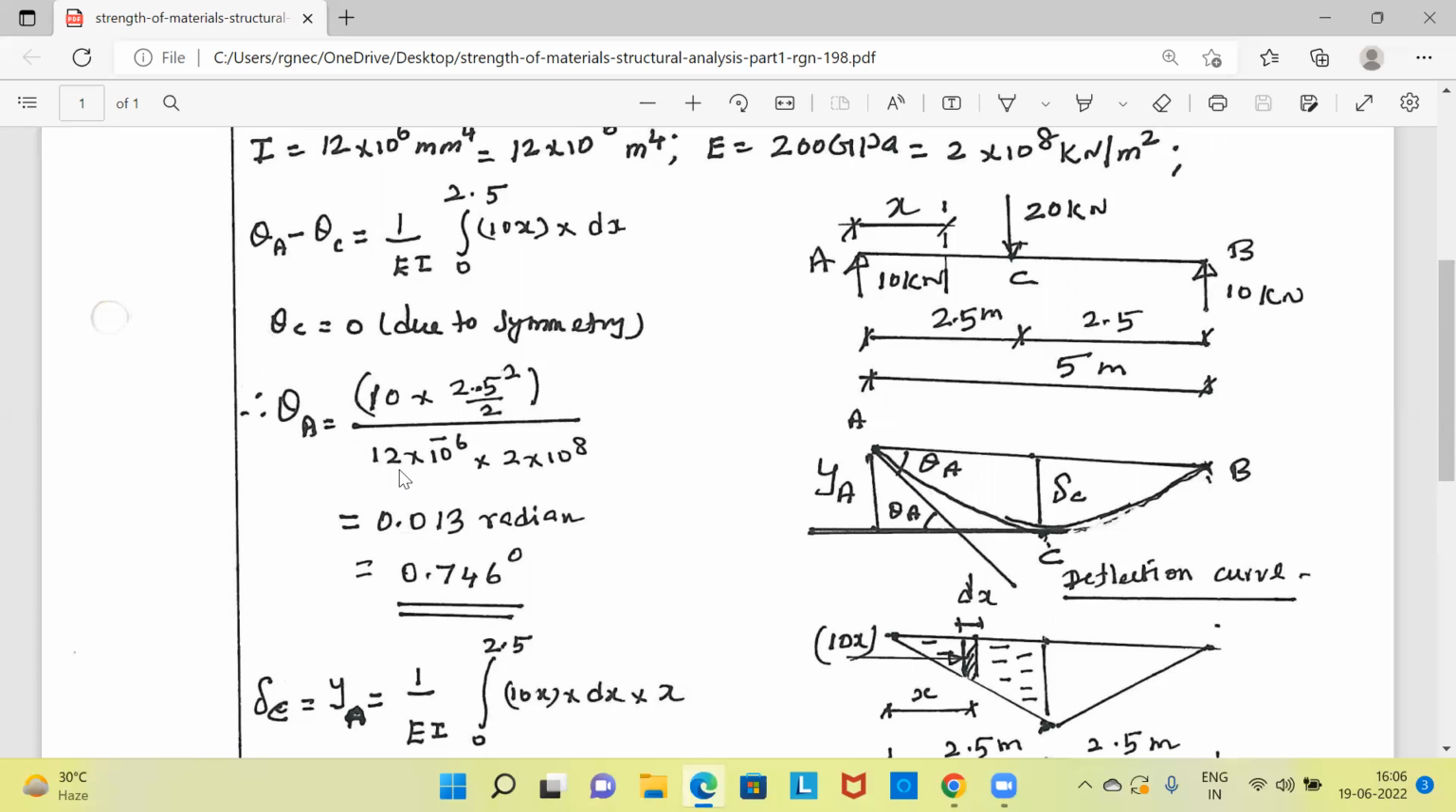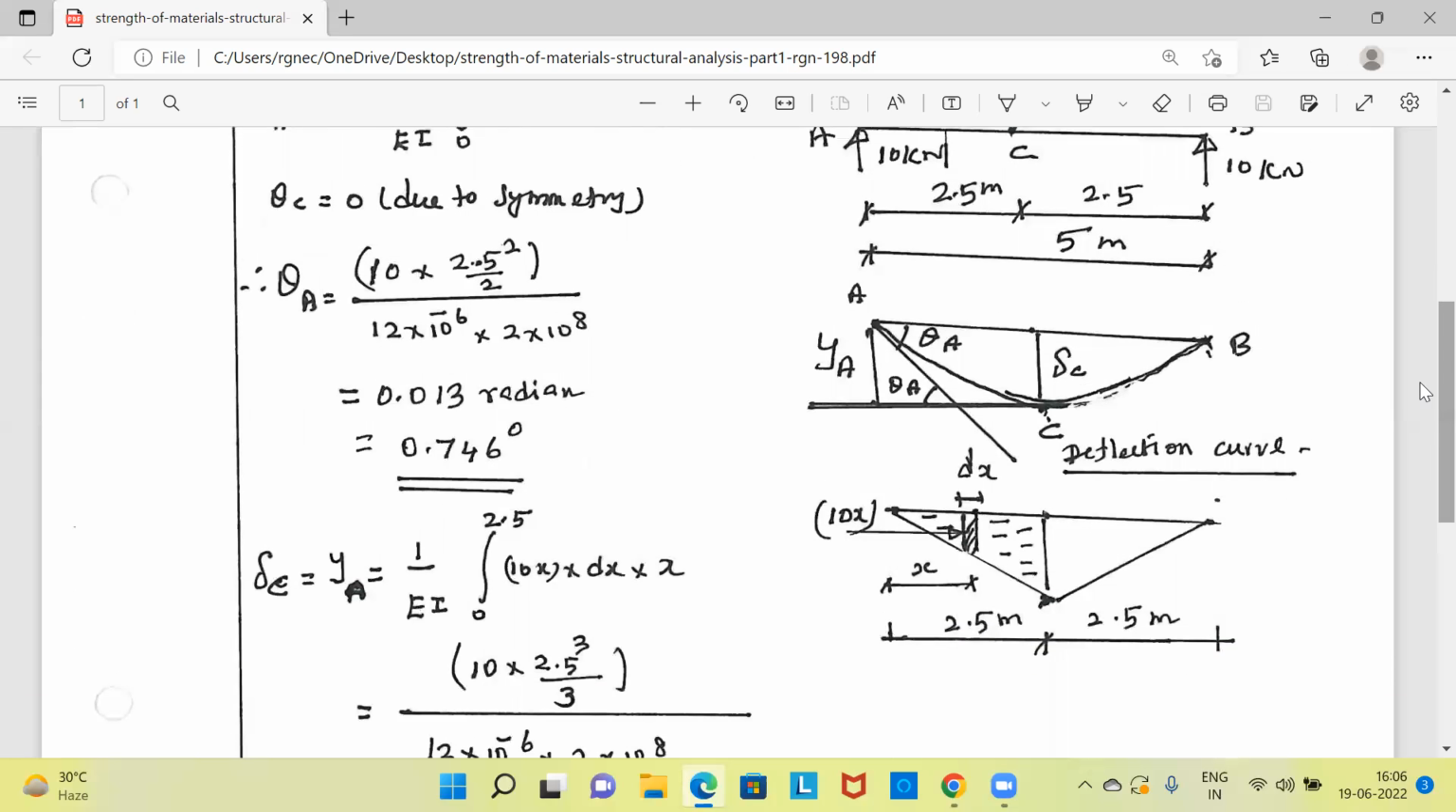We have to substitute the values of E and I, which we have already converted in terms of meter power 4 and kilonewton per meter square. And this is the area after integration between A and C. And then we get the slope here. This is theta A. Now we have to calculate the deflection at C